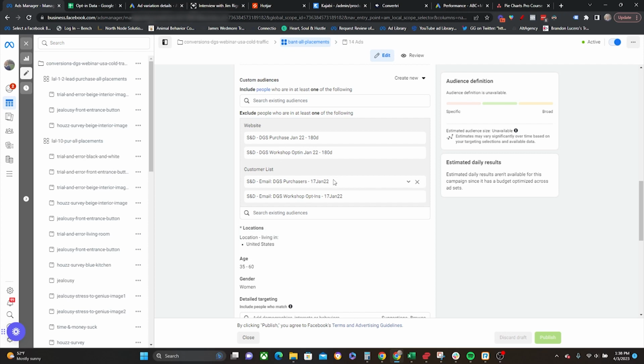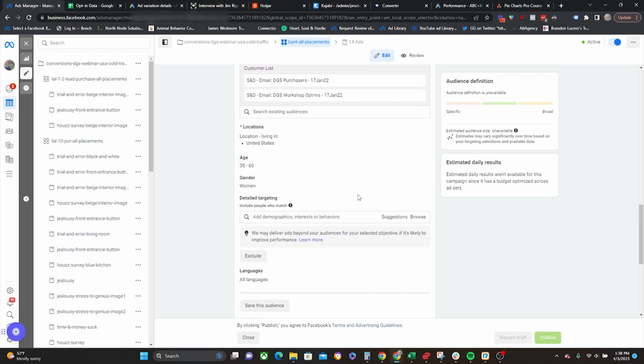So you do still do inclusions, but when we get down to the targeting, all I have selected here is people living in the United States, ages 35 to 60, and they're women. So there are some parameters, right, you do have to put in there. It's not everyone in every single age range, right? If your demographic is very specific in terms of who actually buys from you, go ahead and modify that demographic